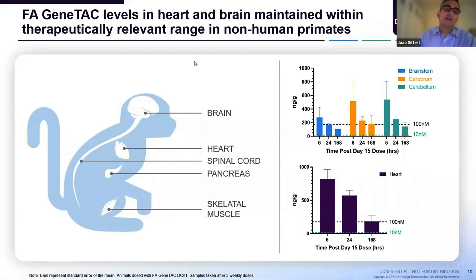Our initial plan is to dose once weekly. These are injections, right? Not prolonged infusions. We obviously will have to see how long the effect lasts before we make a plan of how often we dose. It's possible that you could dose less often, but of course, this is something we need to test.